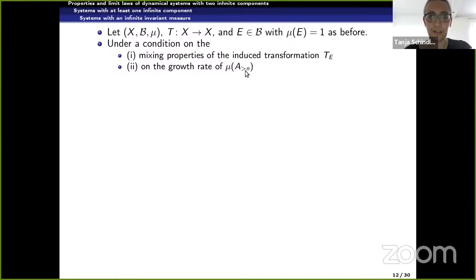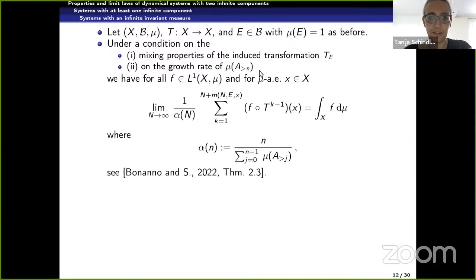So they can't decay too slowly. However, if we have those two conditions, which are only a condition on the system, not at all a condition on our observable f. If we now look at this observable f, we can see, okay, no matter which integrable observable we have, we get a strong law of large numbers if we